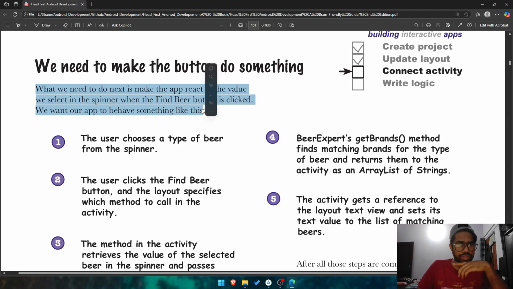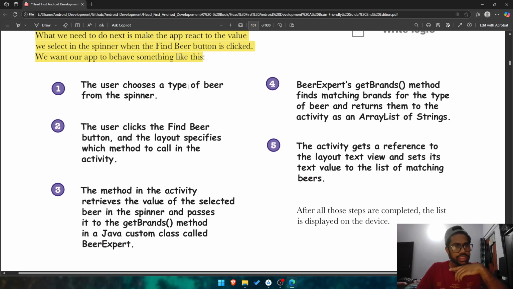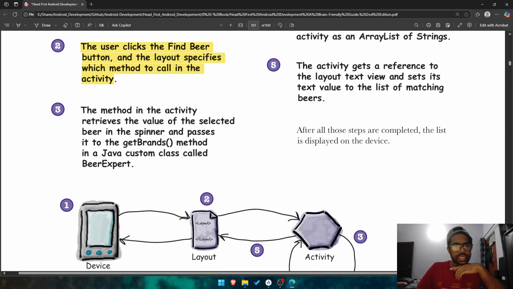The user chooses the type of beer from the spinner. The user clicks the find beer button and the layout specifies which method to call in the activity. The method in the activity retrieves the value of the selected beer in the spinner and passes it to the get brands method